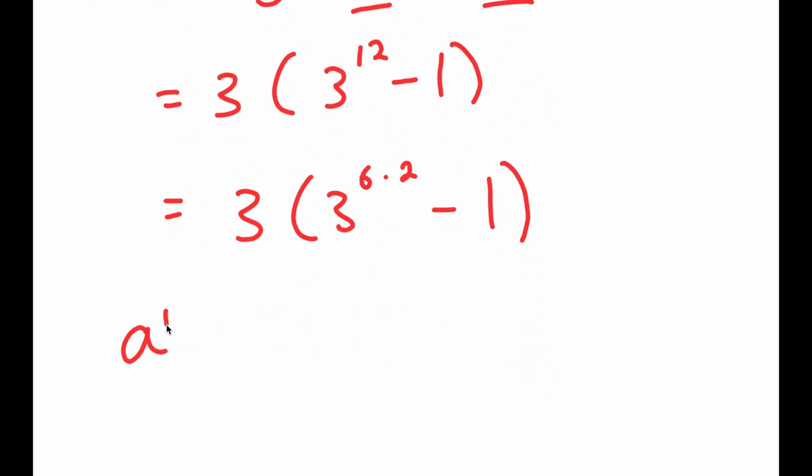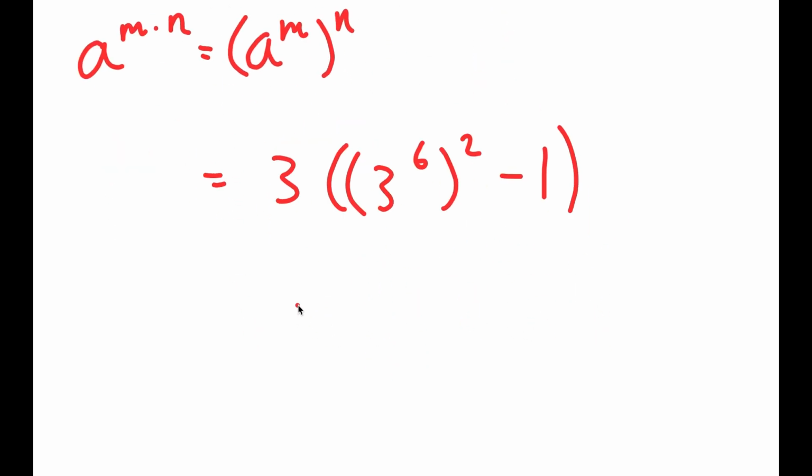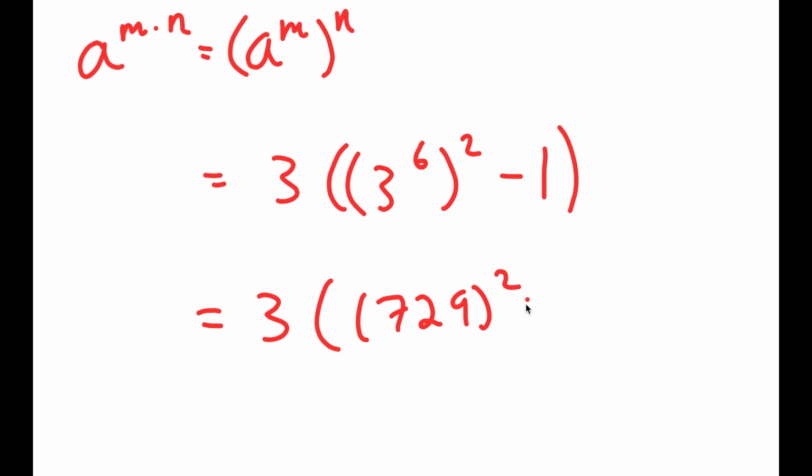And if I have something in the form a to the power of m times n, this is equal to a to the power of m to the power of n. So it's going to equal 3 times 3 to the power of 6 to the power of 2 minus 1. Now, 3 to the power of 6 is 729. So I get 3 times 729 squared minus 1,